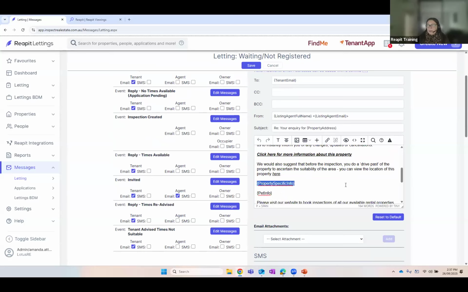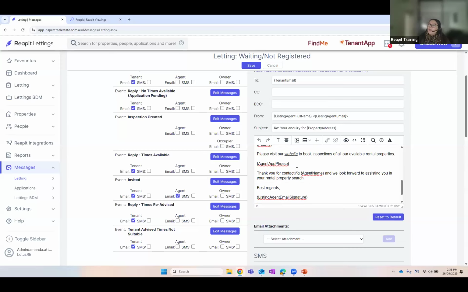I'm going to pause for a moment. Where did you see this merge field? Somewhere in this webinar, we spoke about this property specific merge field. Can anyone remember where that merge field was? Yes, excellent, on the on list. So by you adding anything in that specific box, you can see here that it is in your messages. So whatever you write on that on list box will automatically go out with your messages, as well as